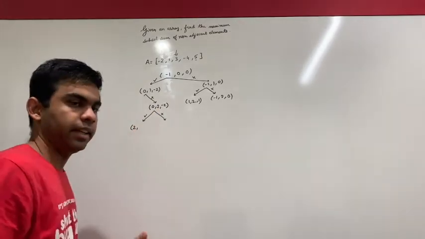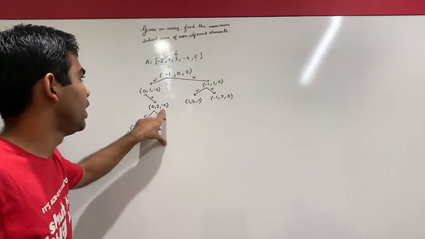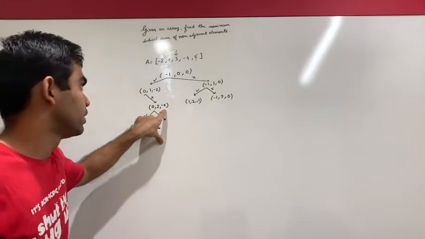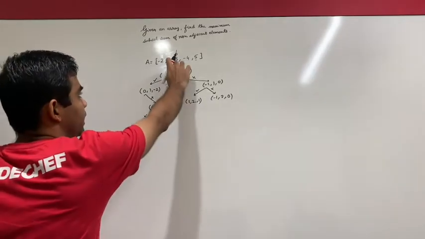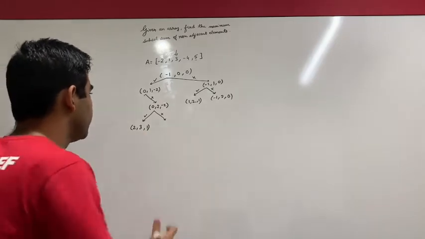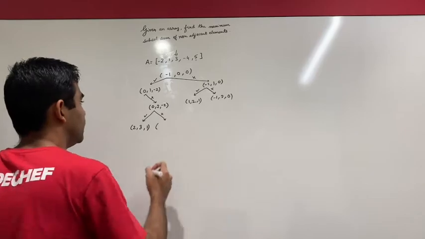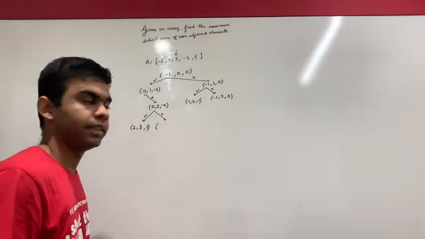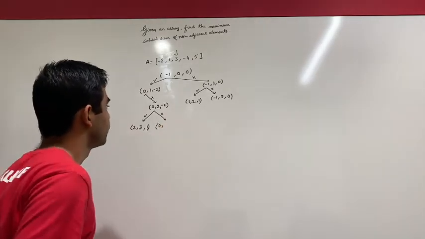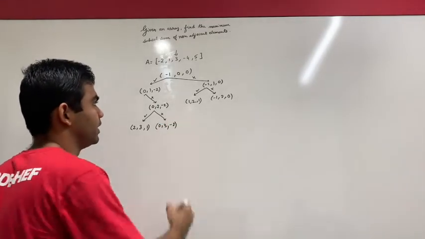I'll increment the current index and I will add the value at the index 2 to the previous sum. So -2 plus 3, which is 1. And likewise, I'll make a decision of rejection in this case. So my last taken index will not change in this case, which is 0. I'll increment the current index, which is 3, and the sum remains as it is.